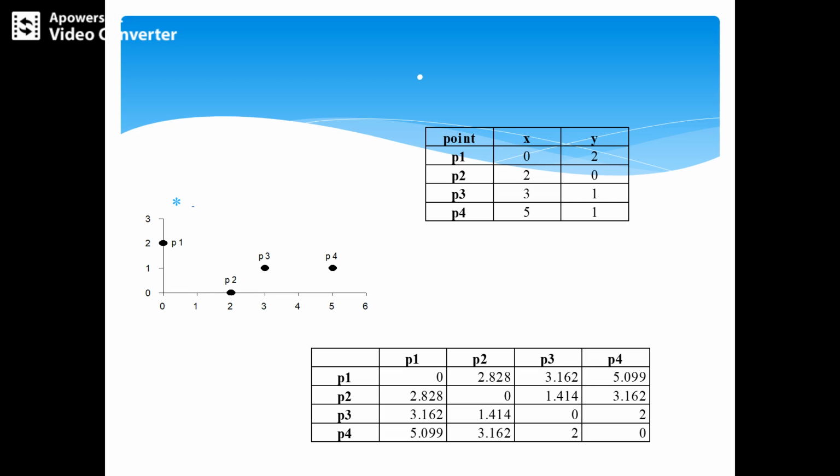While solving the problem, we can redefine it: the square root of (x2 minus x1) plus (y2 minus y1) whole squared. While applying that formula, we will come to know how we got 0 and how we got these two values. This is the same point we'll be using; we need to calculate it by using the Euclidean formula.